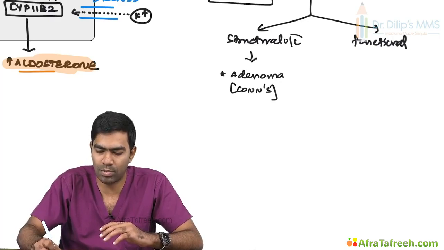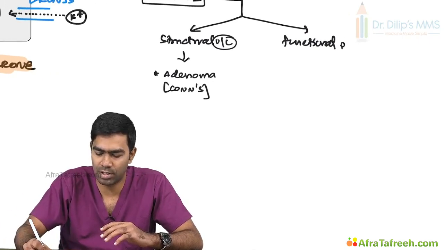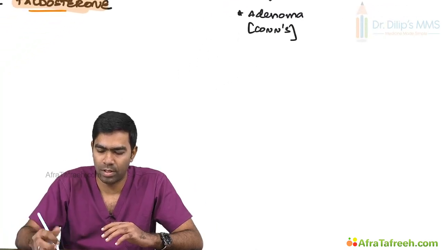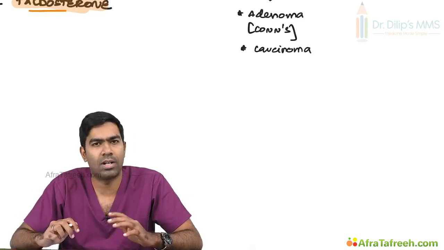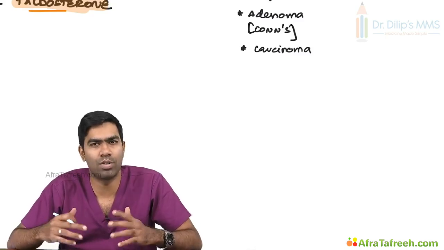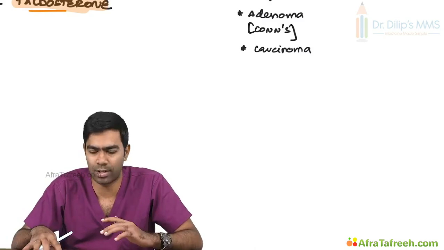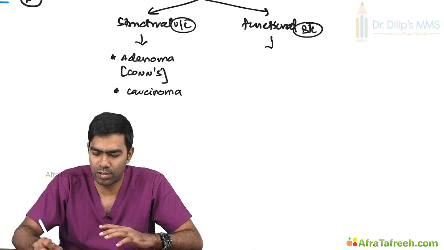Structural causes generally tend to be unilateral and functional causes generally tend to be bilateral in nature, as I told you already. The second structural cause is a rare cause, an adrenocortical carcinoma. But adrenocortical carcinoma producing only aldosterone is generally very rare. They tend to produce a mixed bag of metabolites in general, not only aldosterone. Functional causes can be hyperplasia,